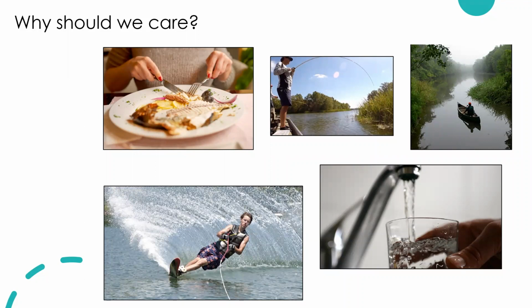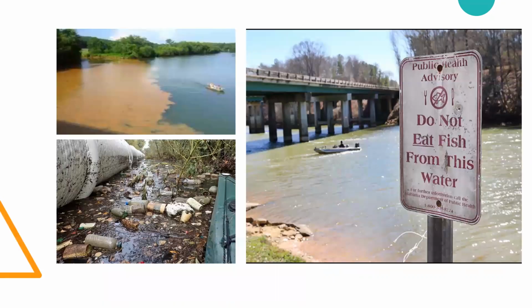I mean, we need it to drink, we need it to eat. It's fun for recreation as well. We want good quality water. And if you have industrial facilities or construction sites that are polluting the waters, then you have a lot of issues with that, such as turbidity. We can see in the top left here, we've got a lot of sediment, which can cause fish kills. We've got trash and debris that just makes it look ugly and also is bad for the environment. And also it could be hidden. You can have chemicals in the water that make it impossible to eat the fish because they concentrate these chemicals